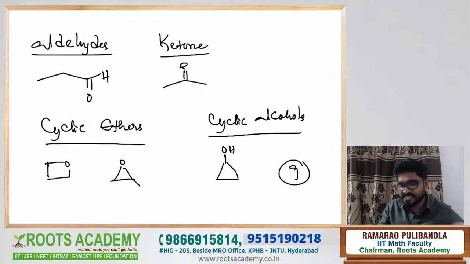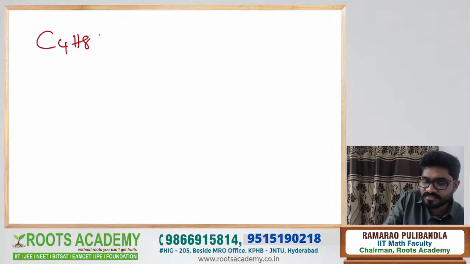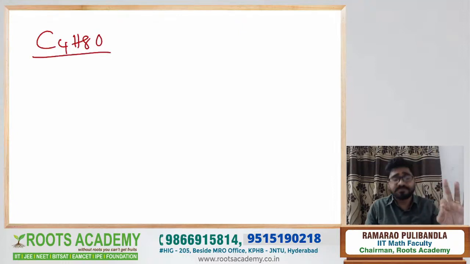Now, guys, listen carefully. I am giving one question. C4H8O. If you write all the isomers for this, you are okay with the entire isomerism. How to write the isomers? Not with stereo, you are okay with the chain, apart from the tautomerism. So you write all the isomers of C4H8O. Whoever finishes, if you tell the number of isomers, I'll give one nice gift to you.